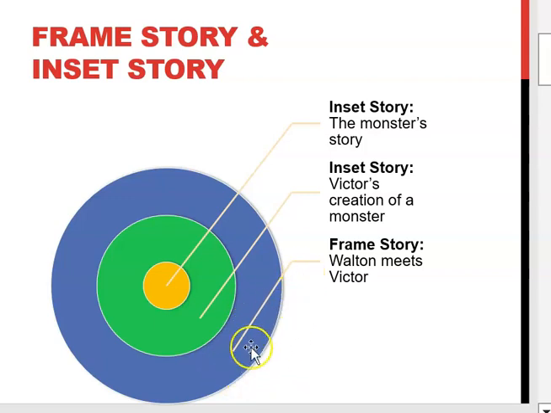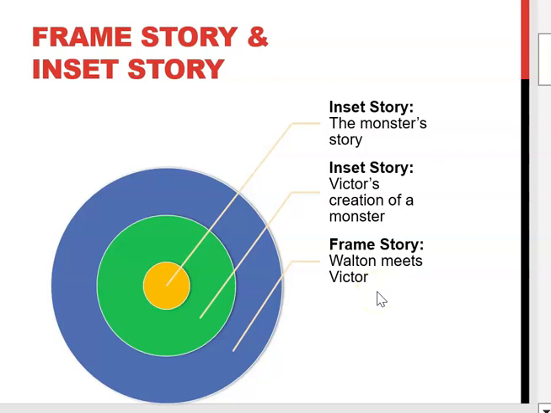We have a frame story, which is just Robert Walton meeting Victor while he's on this journey of discovery to the North Pole. He's going to be taking a ship on an exploratory mission,